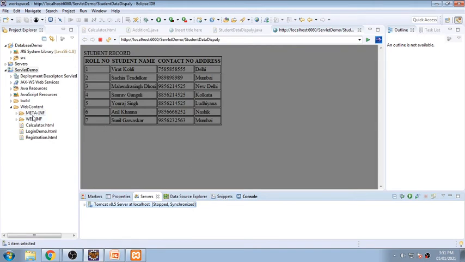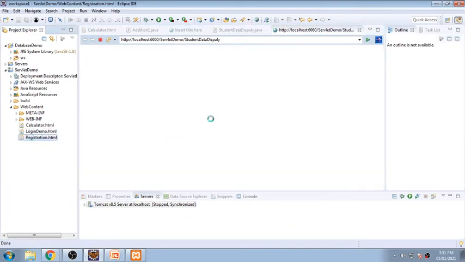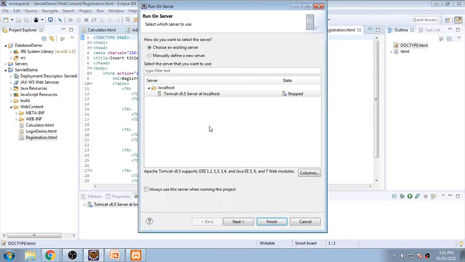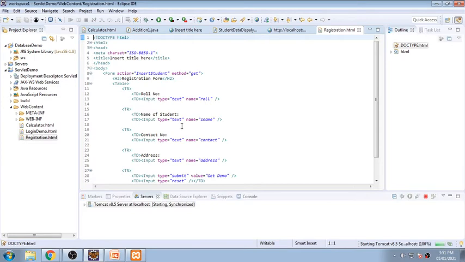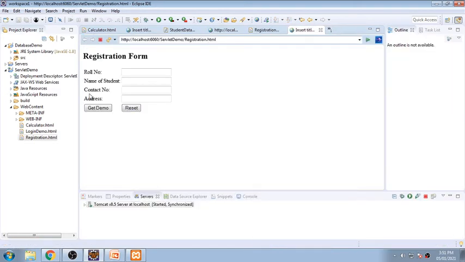so right click. Now in this same format, there will be one page. So already I have created that page. It is called registration. I will not waste your time. So just right click, run, and we'll show you how this design is being created. We'll create it from the initial stage directly, but I just want to show you how it will look like this. So we'll be creating a registration form like this one, with roll number, with name of